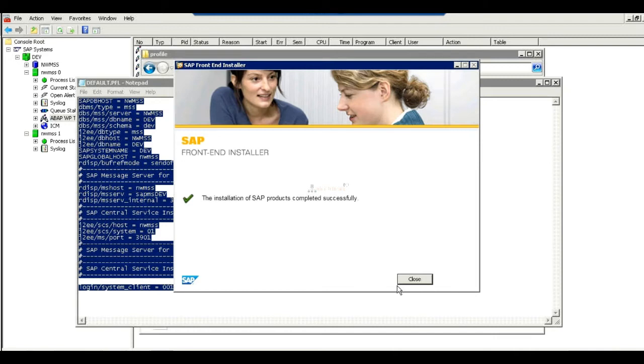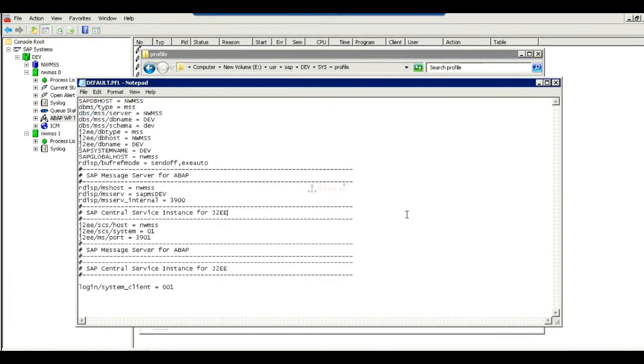While stopping your SAP system, it already knows how many work processes need to start, and the message server and dispatcher need to start. Everything has been started, right? Okay.